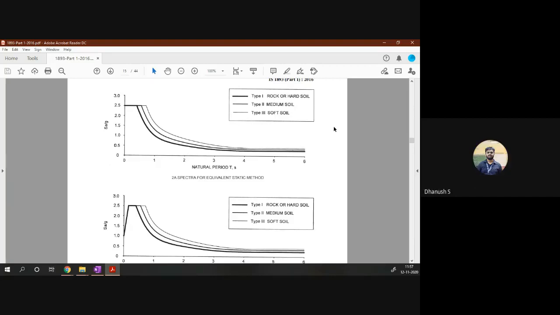Okay, sir. I've never really thought about this, but yeah, amazing point. You mean to say, when you're already applying UDL on top of beams, why should we count the strut mass again? Understood. So whatever is the mass of the strut, maybe you can deduct it and then apply it on top of your wall. Or maybe you can go to property modifiers and change this to be a massless member, but I'm not sure if it will give an error or not. No, we haven't tried it, sir.